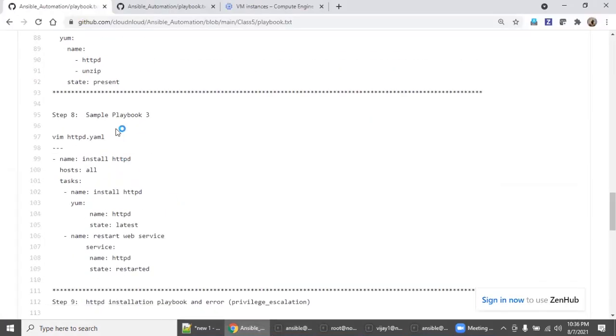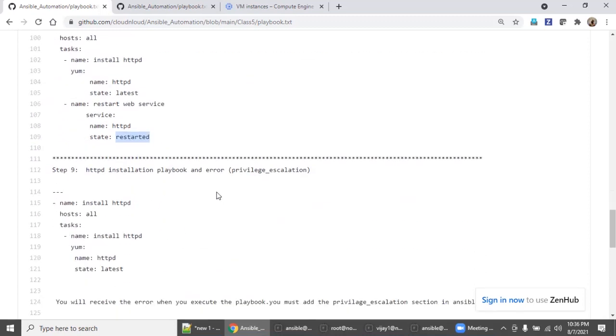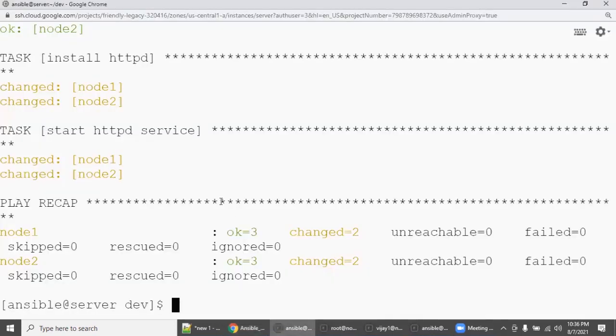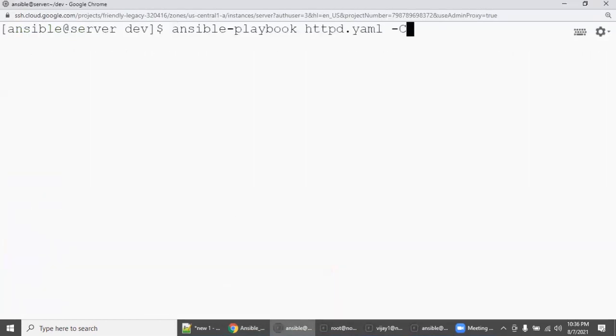So there is a third playbook also. Exactly, this is what we mentioned, but instead of restarted, I have mentioned started. Okay, now we will execute and see what issue comes. Without hyphen C, I'm going to execute it.